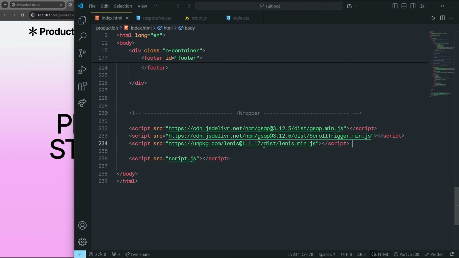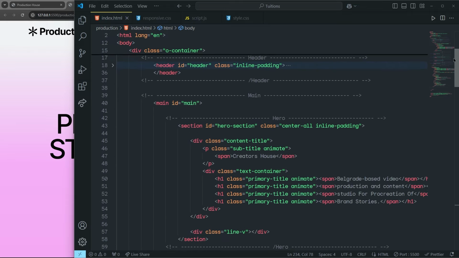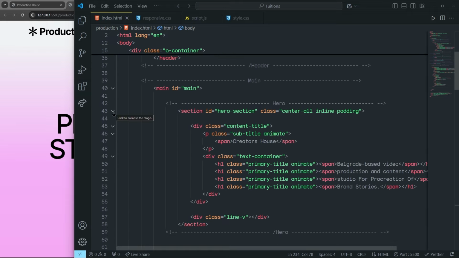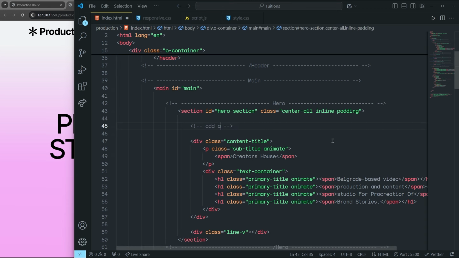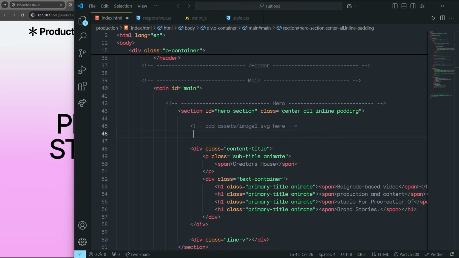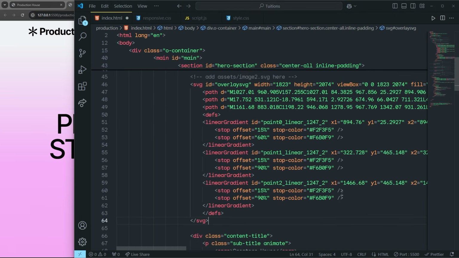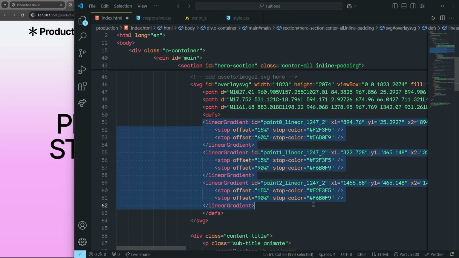So you have to go back to the index.html, scroll up and go back to the hero section. Right inside this hero section, we're going to add assets image2.svg here. So I'm going to copy that SVG and paste that right here. Now you will notice I just have made a few changes in this SVG. I've added here an ID, overlay SVG, then added some width and height to it, removed some paths from it, and added this linear gradient